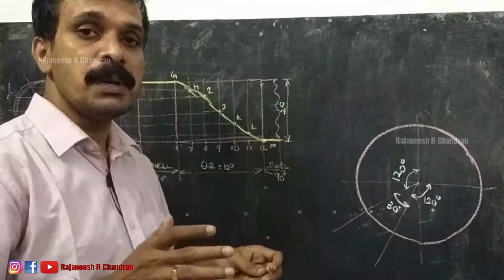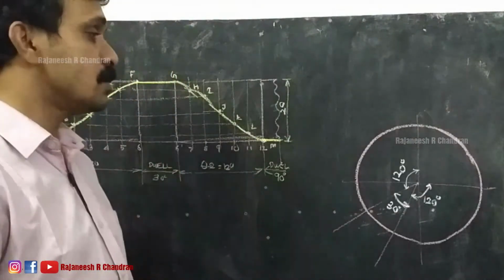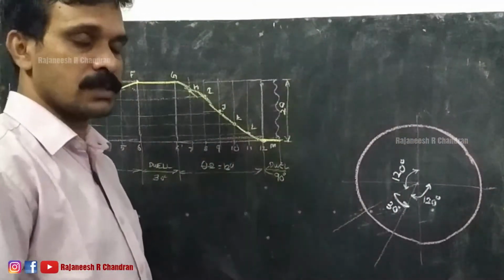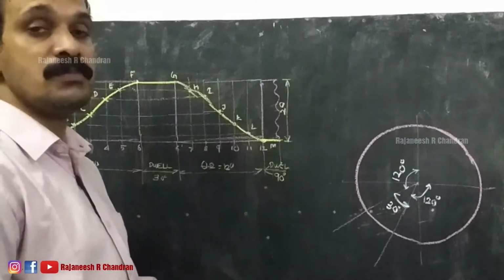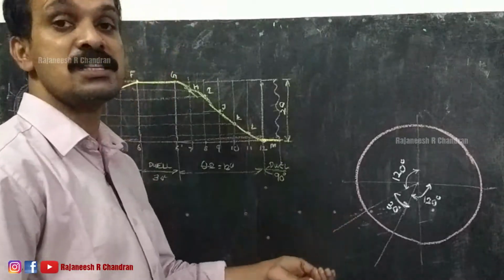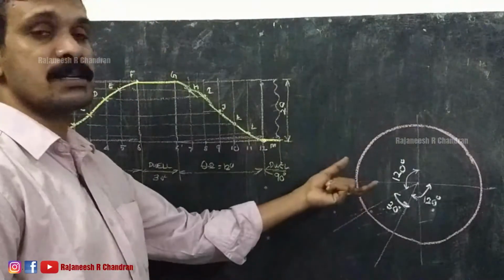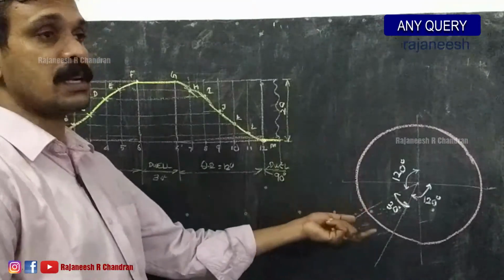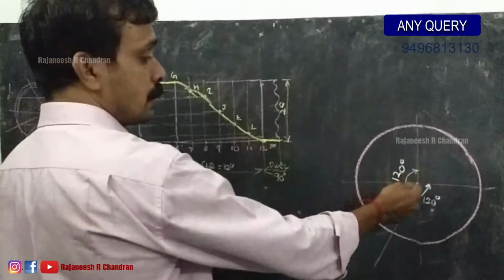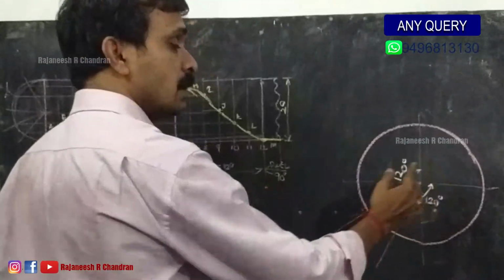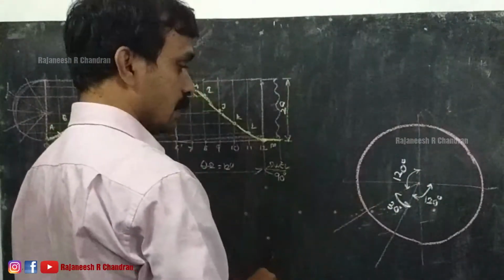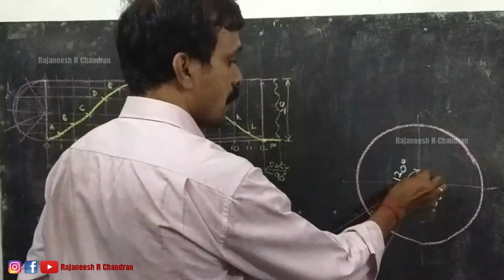It is given that the minimum radius of the cam is 50 mm. So first we have to construct the cam base circle with the radius 50 mm. Sorry, the radius is 25 mm. So we have constructed the base circle of the cam with the radius 25 mm. I have also marked the outstroke 120 degrees, dwell 30 degrees, the return stroke 120 degrees and the remaining dwell 90 degrees. That also has been marked.